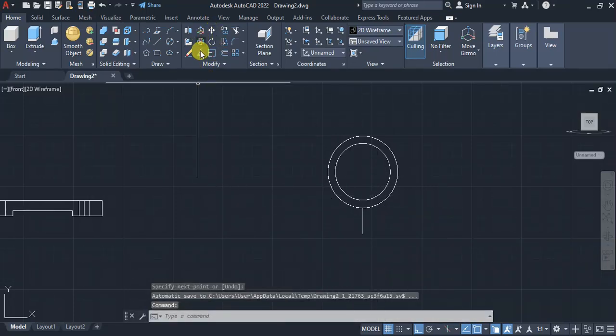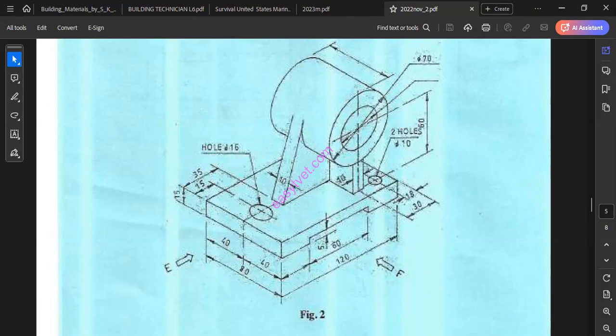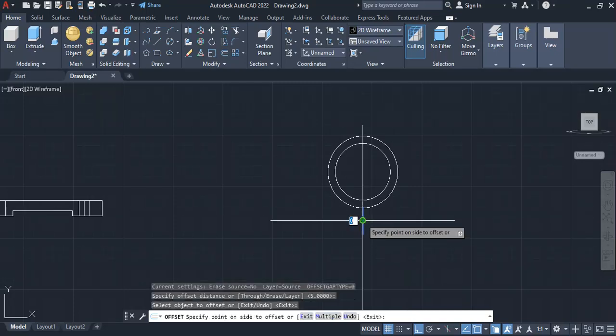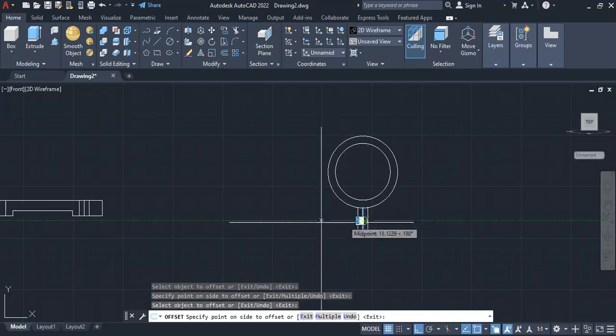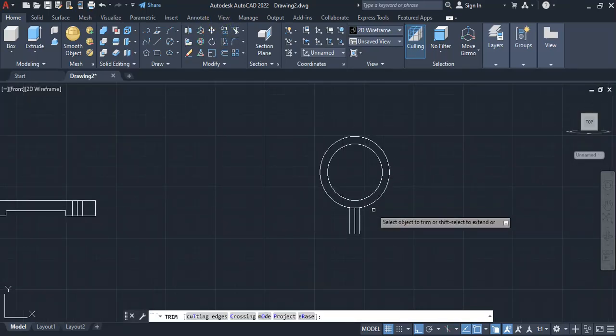then I'll come and offset it, distance of 5 and 5 both sides. So 5, enter, the other side, on this side. Then I come to trim. At this time I'll press shift